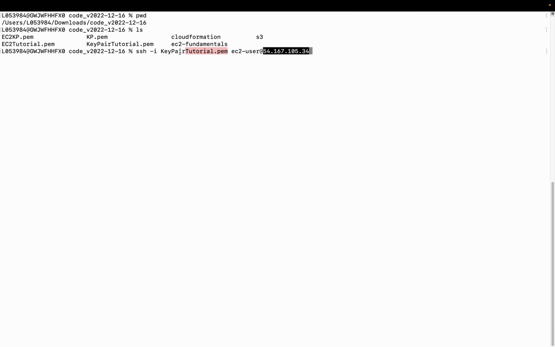First off is this particular line, which specifies the private key to be used for the authentication. So we're using the key pair tutorial for the authentication, followed by the EC2 user. This username is used to log into the remote server, and the IP address or host name is the remote server through which you try to connect. So once I execute this,